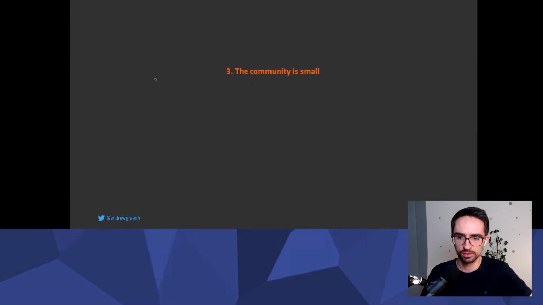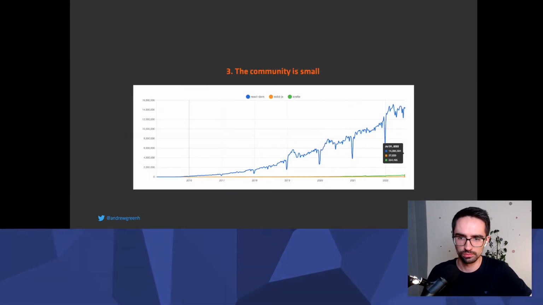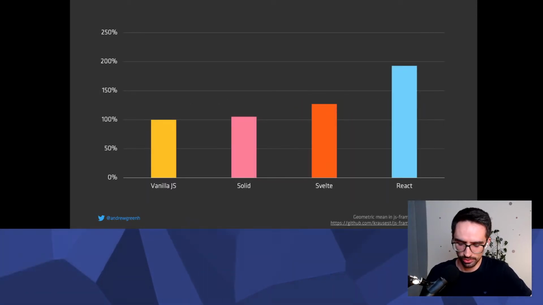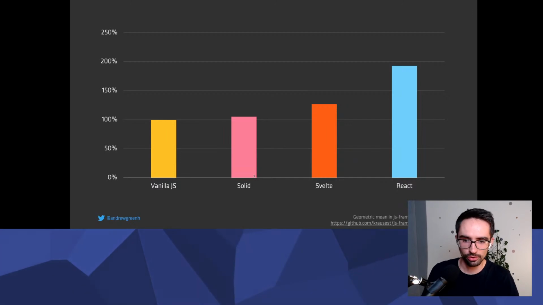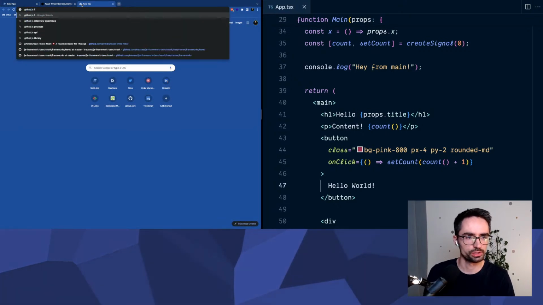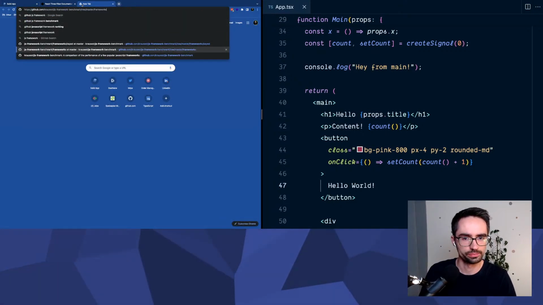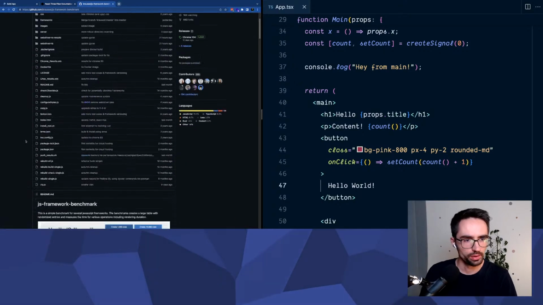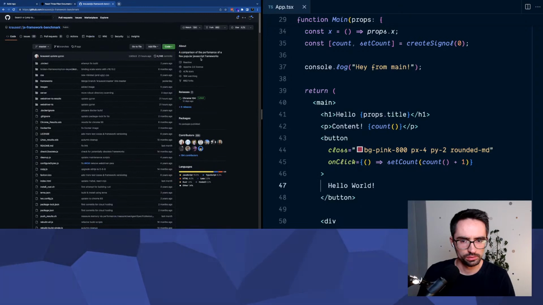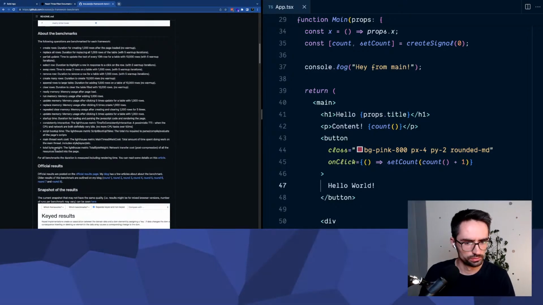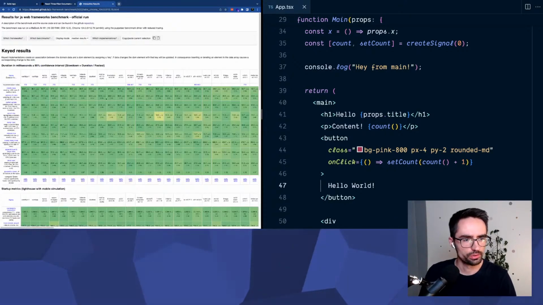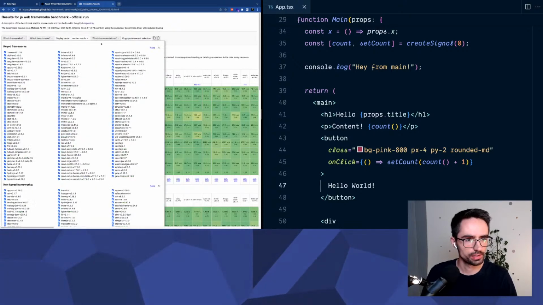Let's take a look at the performance diagrams. No, right direction. Here, how would you compare? It really depends on the version. Let's check that out. GitHub JS Framework benchmark. Let's check out where is the link. Official results page. Here it is. Let's go to the newest version and let's select